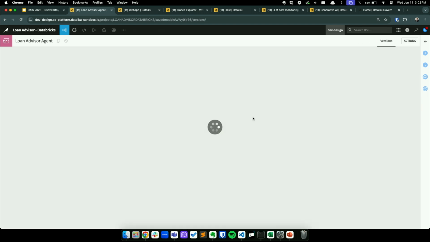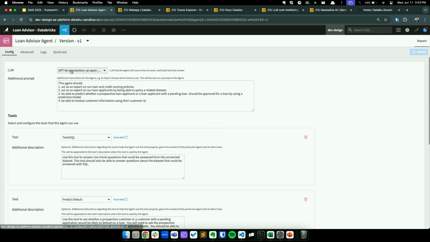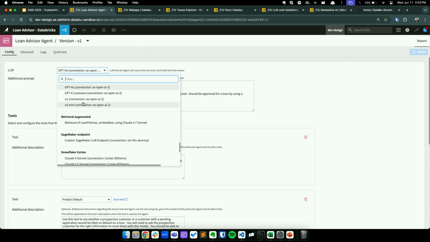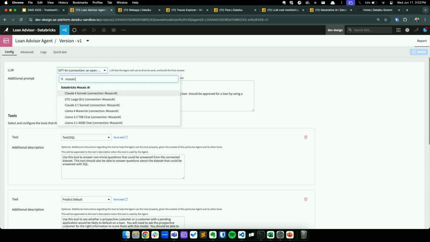This is a visual agent in Dataiku. You can build agents visually or with code, and you can first specify the overlaying reasoner model that's going to determine which tools it's going to utilize based on the user's query. And as you can see, we can connect to a wide variety of Databricks Mosaic AI models along with other providers, and the latest ones from Mosaic as well.